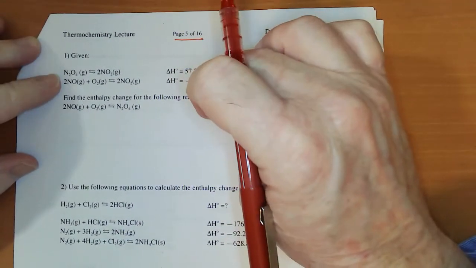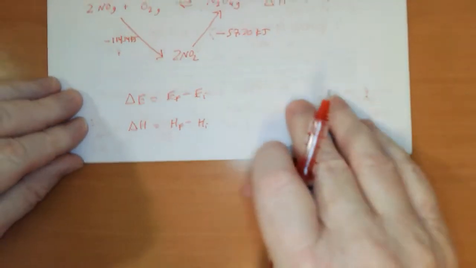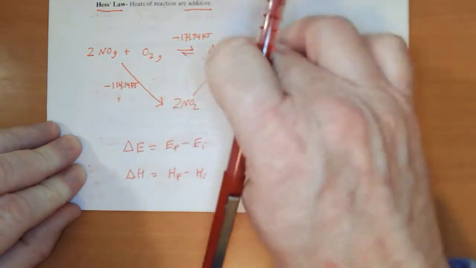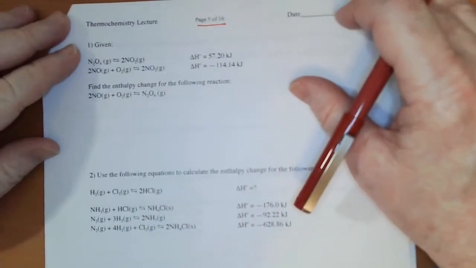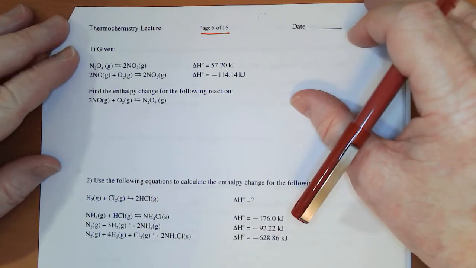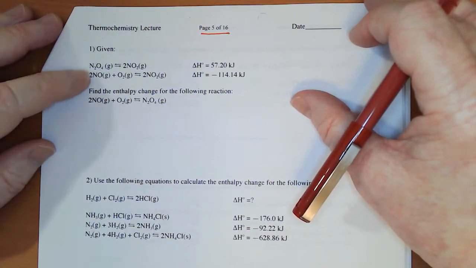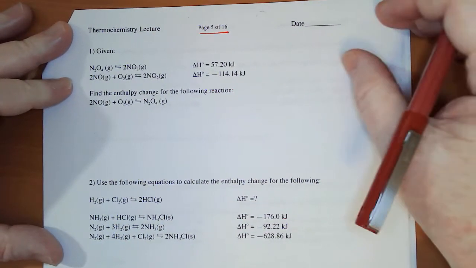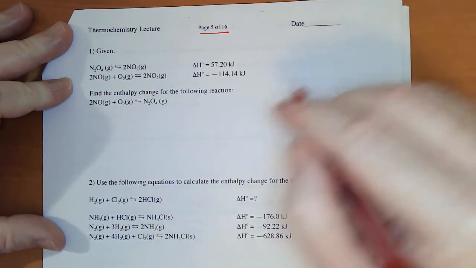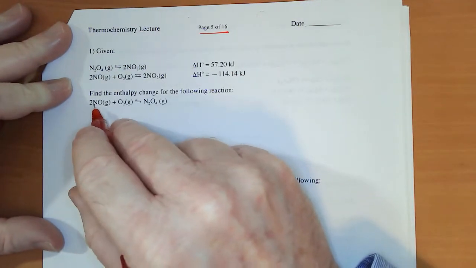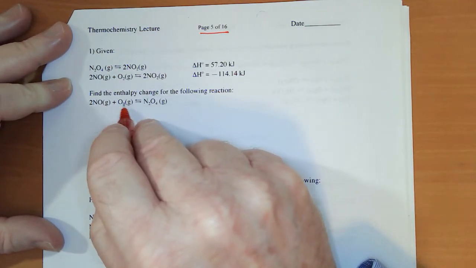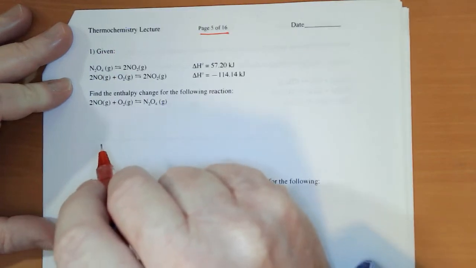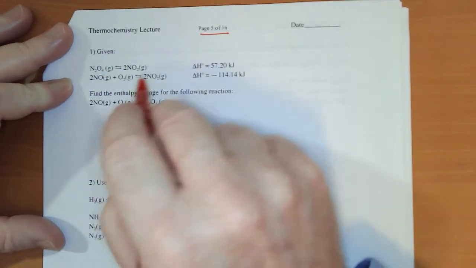Now, we talked about this problem previously, but we looked at it as kind of a pathway diagram, okay? Now what we're going to do is look at it from the point of view of a classic Hess's Law problem involving thermochemical equations and a bit of a puzzle, so to speak, how to put everything together the right way. So when I look at my goal equation, 2NO plus O2 gas, and N2O4 gas is the product,